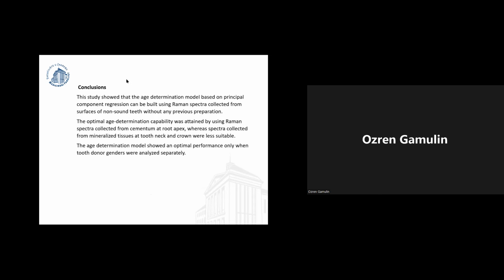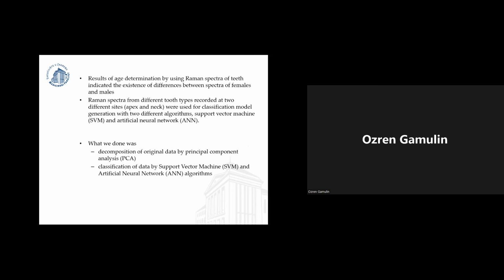So for the conclusions of the first part of this presentation, we can say that the study showed that an age determination model based on principal component regression can be built using Raman spectra collected from the surfaces of non-sound teeth without any previous preparation. The optimal age determination capability was attained by using Raman spectra collected from cementum at root apex, whereas spectra collected from mineralized tissue at the tooth neck and crown were less suitable, and the age determination model showed an optimal performance only when tooth donor genders were analyzed separately. So that fact gives us an idea for the next part of this work,